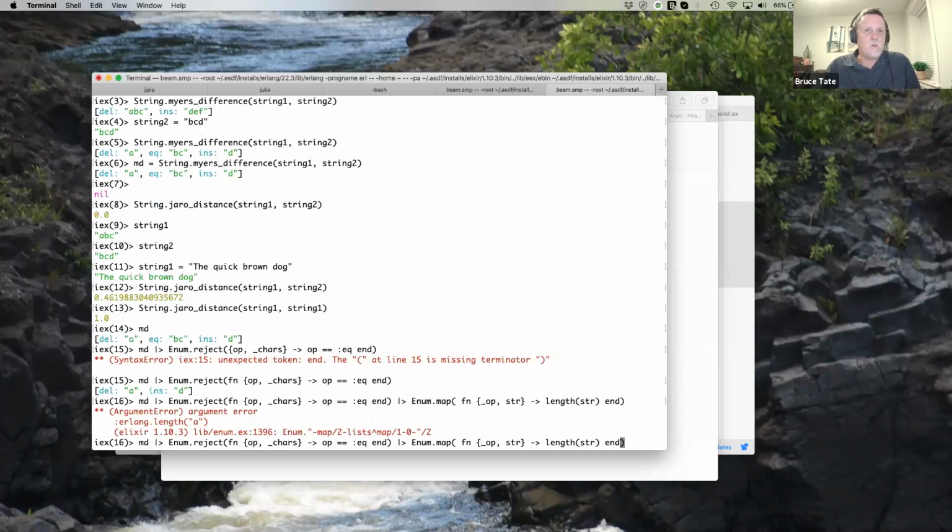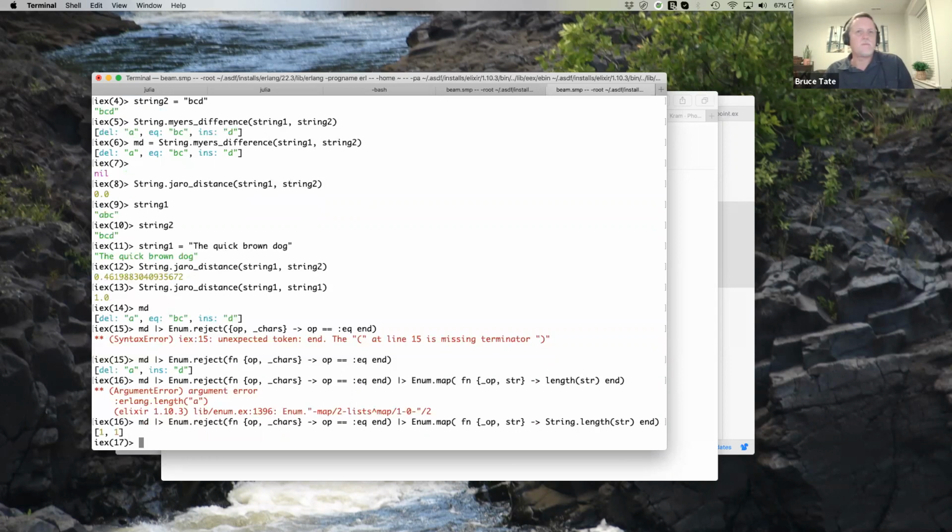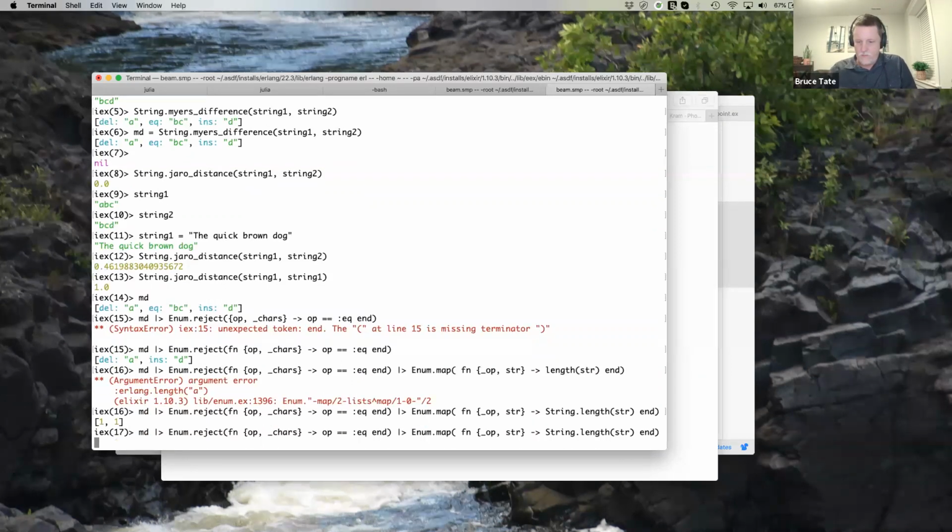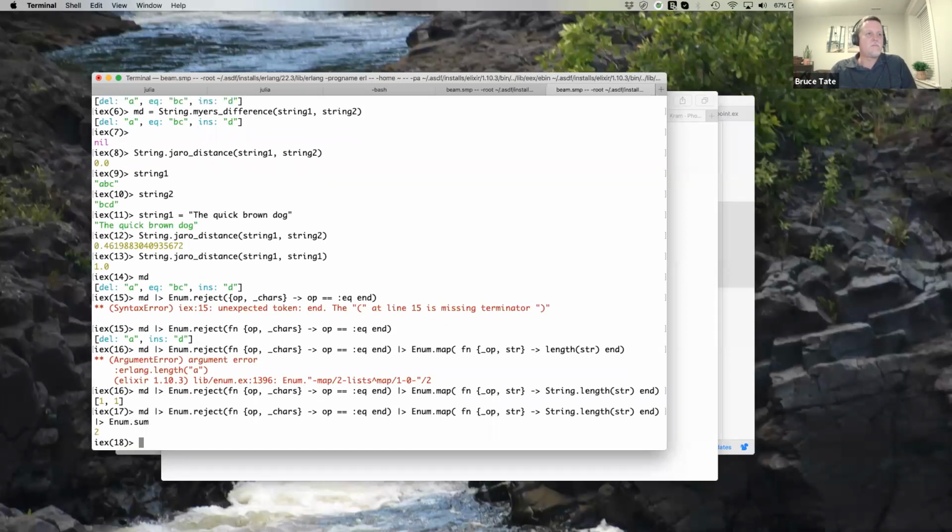All right, what's wrong here? So is that string.length? Okay, there we go. And so now I could take that and pipe that to, is it sum? Yeah, okay. So this is going to be my score. And so I think that I want to drop this into,